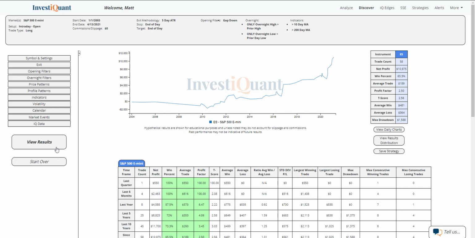Now, historically, this has 58 samples dating back to 2003, and it has been a fairly bullish session that has formed after that in the regular trading hours. So 66% of these have ended up finishing above the opening print for that day. You can see right there in the win rate, 65.5%. And the average win is larger than the average loss. So this has been a fairly bullish pattern.